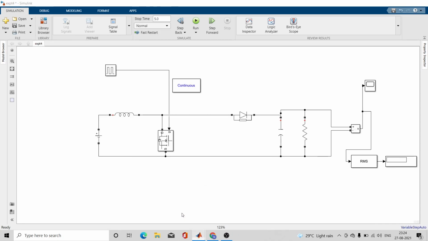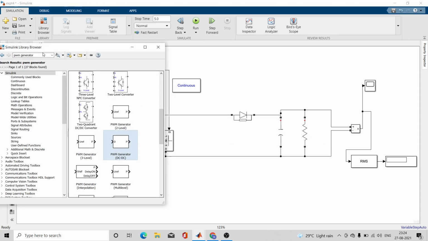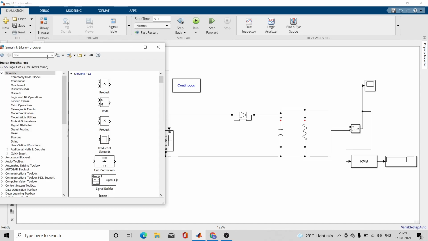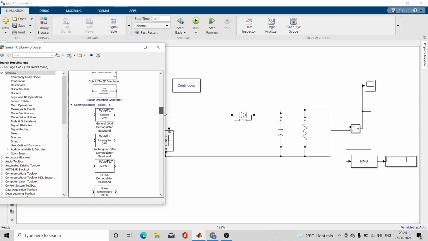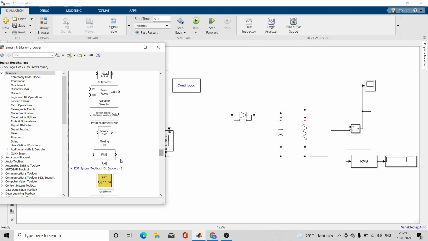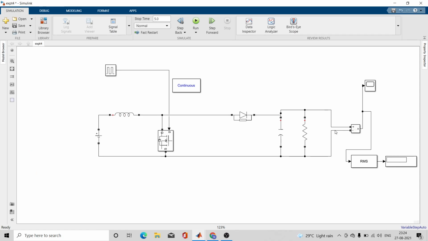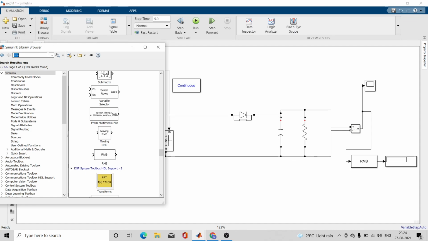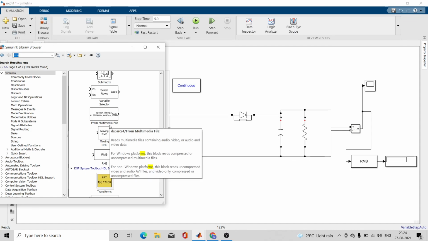So this is open loop converter. Here I forgot to show you the RMS value. You can just take the RMS block. You can easily take it. I'll show you, but you can easily do it. RMS, you can take it. Yes, this is the RMS block. You can take it, and this is a display block. Display, as the name suggests, it will display that value. Similar to RMS, there is also a mean block which shows you the mean value.